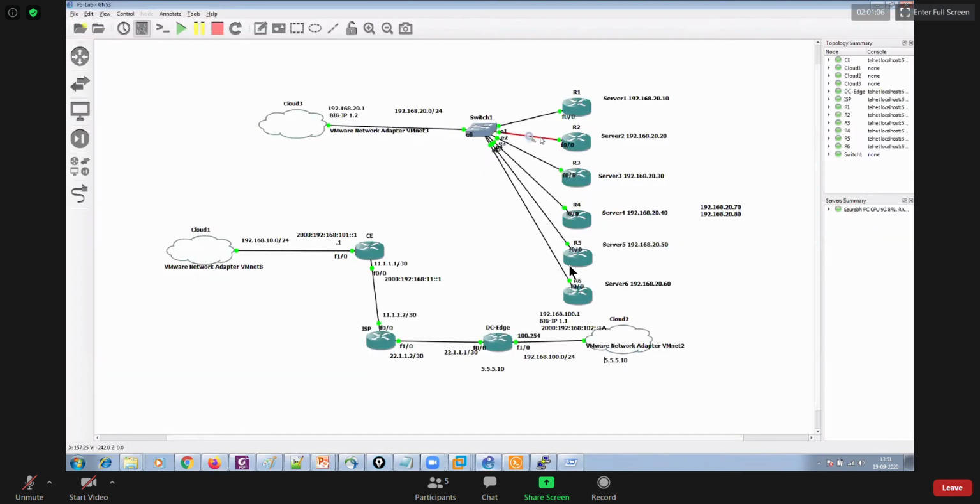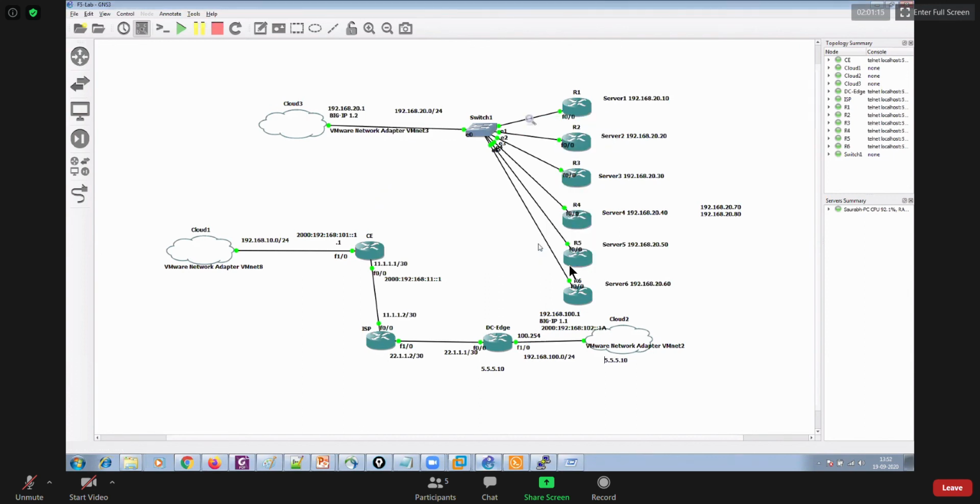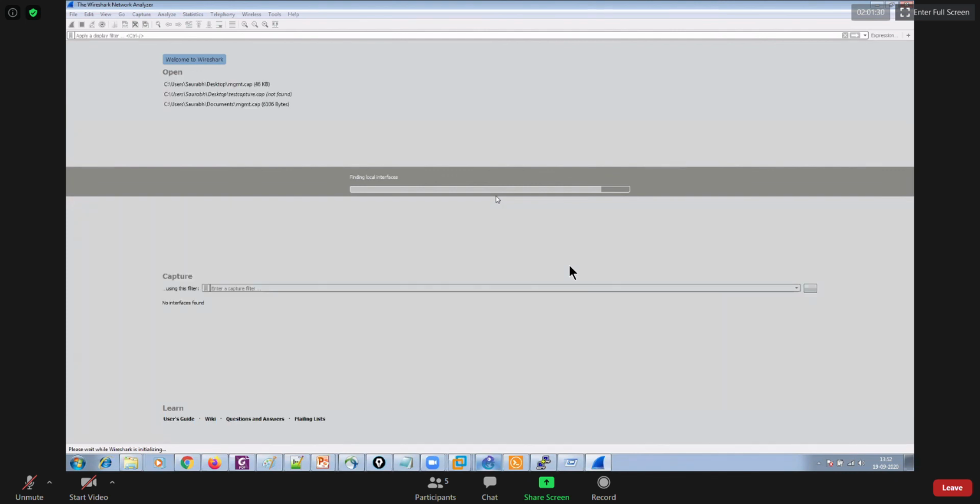Let me do one thing here. Let me capture something, just to see what's happening in the backend, right? That was for the head method, remember?